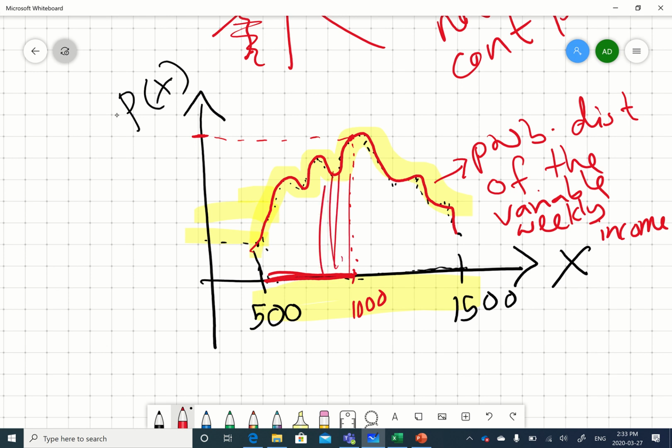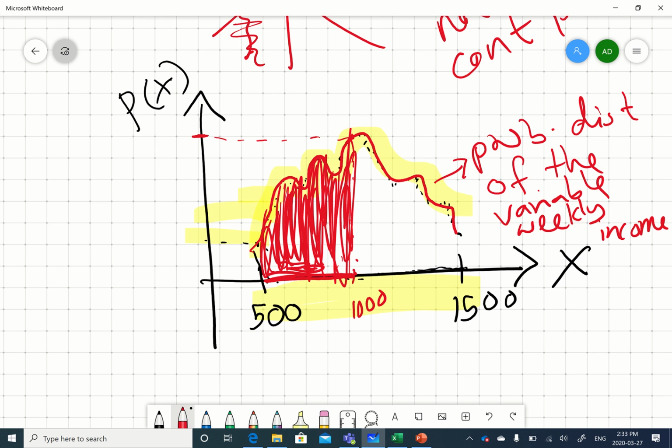You have to read every y value for this complete region. The good thing about continuous probability distributions is that once you have the probability curve,